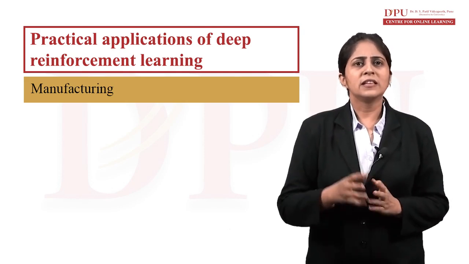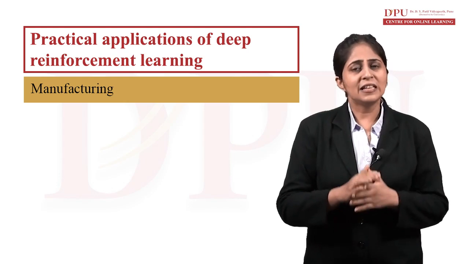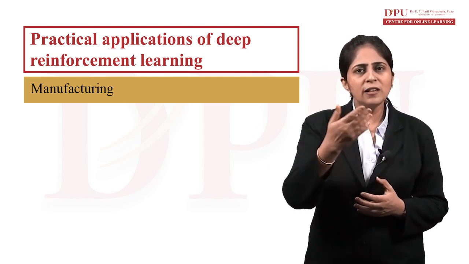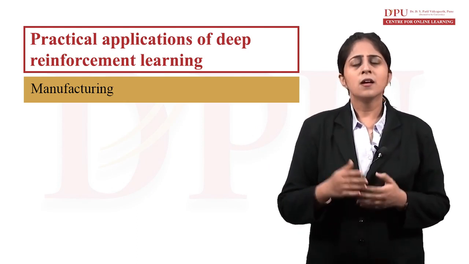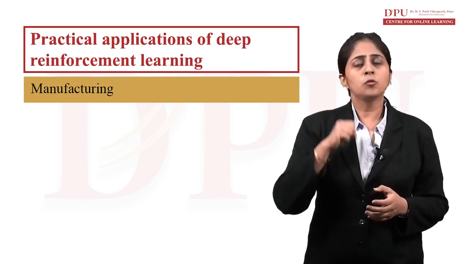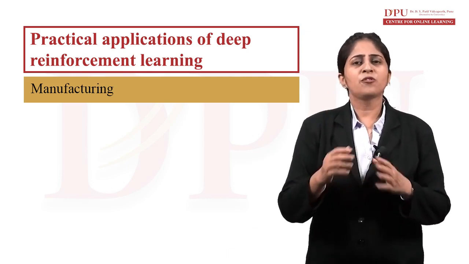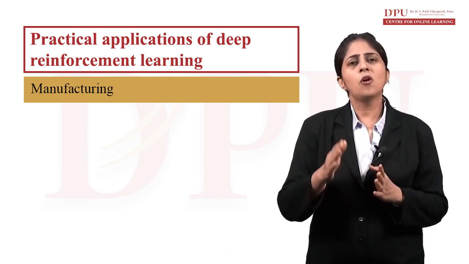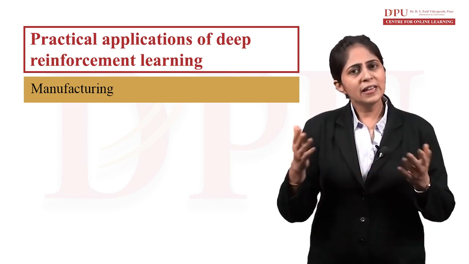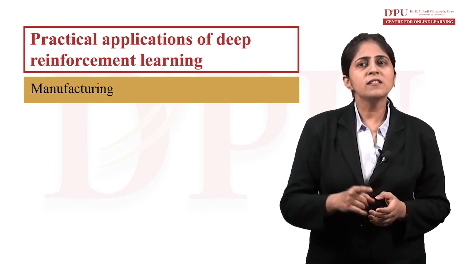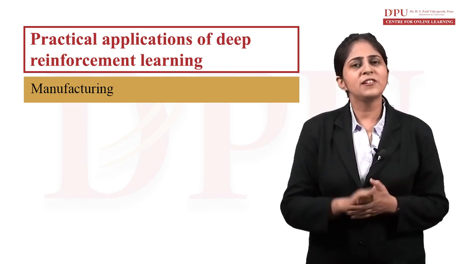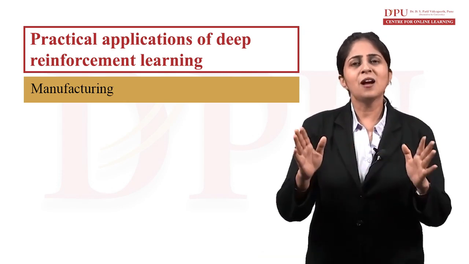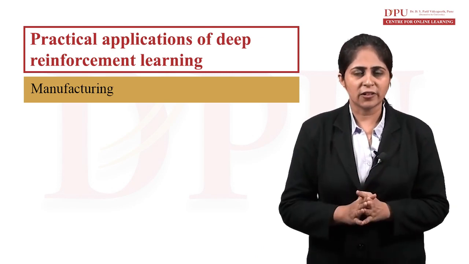Intelligent robots are becoming more commonplace in warehouses to sort out millions of products and to deliver them to the right person. When a robot picks a device to put in a container, deep reinforcement learning helps it to gain knowledge based on whether it has succeeded or failed. It uses this knowledge to perform more efficiently in the future. So deep reinforcement learning plays a major role in the manufacturing industry.